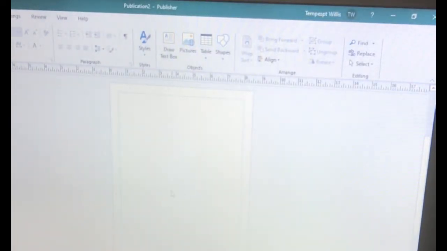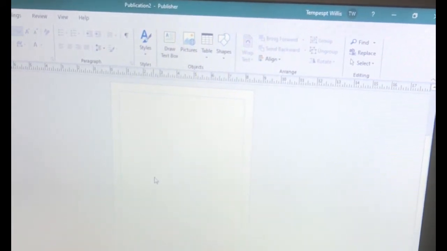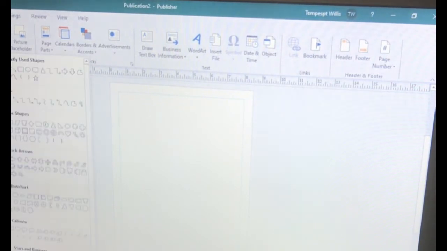Okay, so this is how you do a rolling tray using Publisher. Publisher is a little bit easier. So we're going to start off with a blank page. We're going to do the same as we did in Microsoft Word. If you haven't seen my Microsoft Word video on how to make a rolling tray, you can go back and look at that. But we're going to insert, and then we're going to select the shape, and we're going to go to